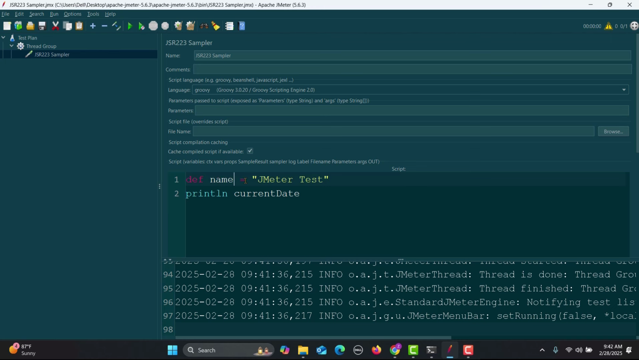Now, when you're running your scripts, you need to work with strings. For example, you might need a string in uppercase, or you might need a substring from it. You can do these things in JMeter. Here you write name dot to, then we have a function called upper case, this one, right? So if I run this one,